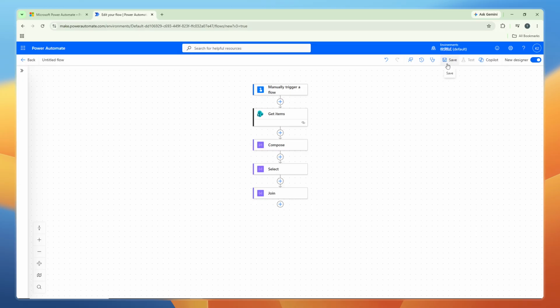You've successfully set up a Power Automate flow that extracts SharePoint multi-select choice field text values and formats them into a clean,